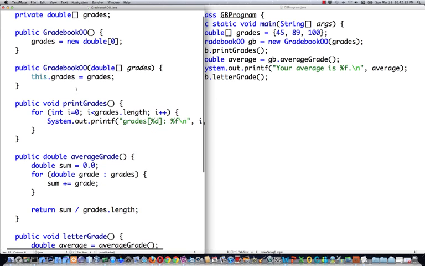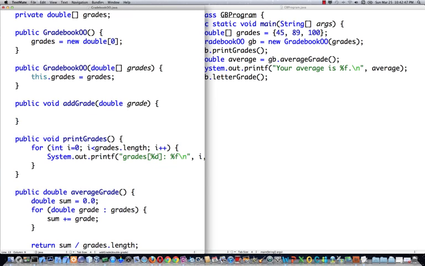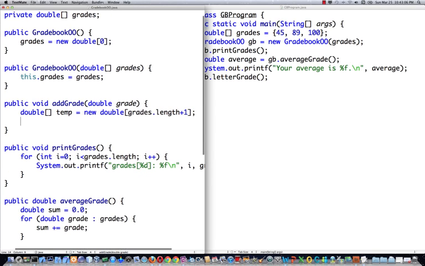So let's add it here since it's publicly ስለሚጠራ and it returns nothing. So add grade takes a double value grade. Is done. So the explanation መሰረት we are going to create a double array called temp new double የግሬድስ ሌንግዝ plus 1 ያክል እንፈጥራለን።